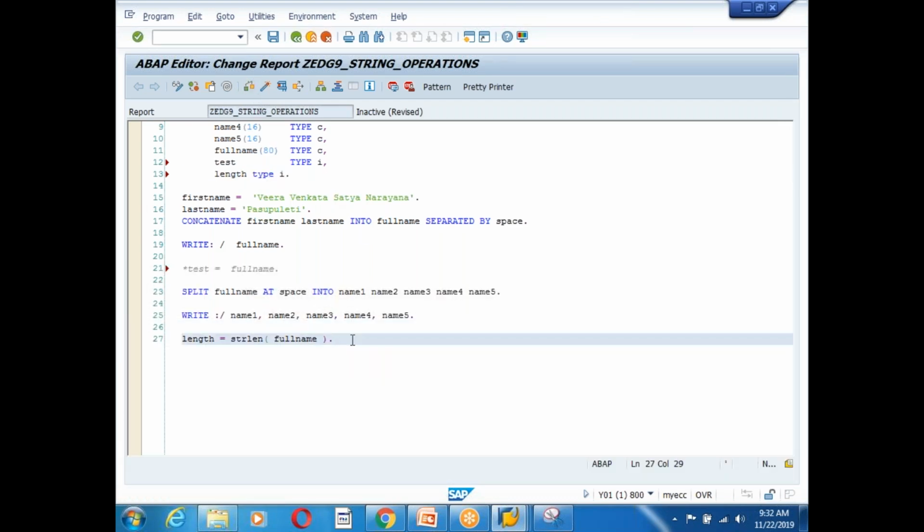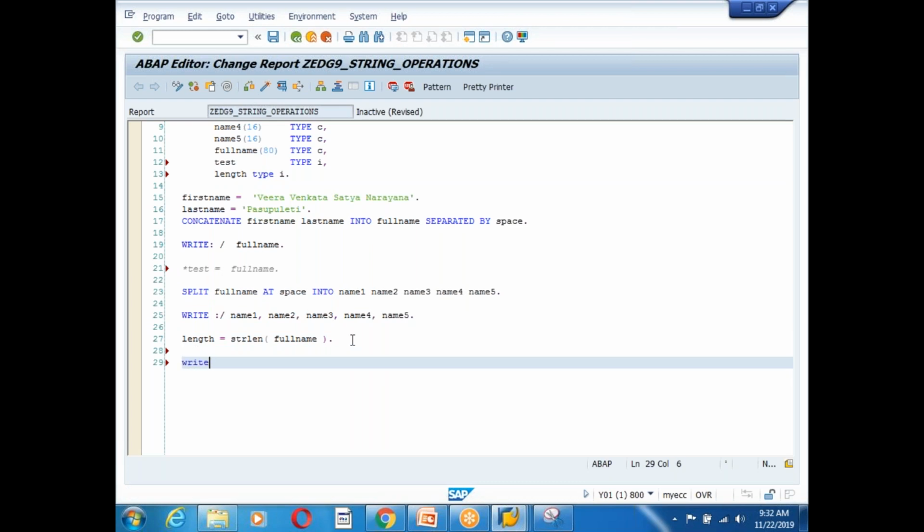And maybe I can write what is the length of this. Maybe I can print like this: length of the string, and comma, which is equal to the length, right? Pretty printer, and do the syntax check and